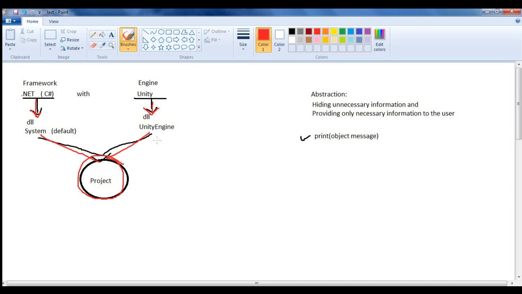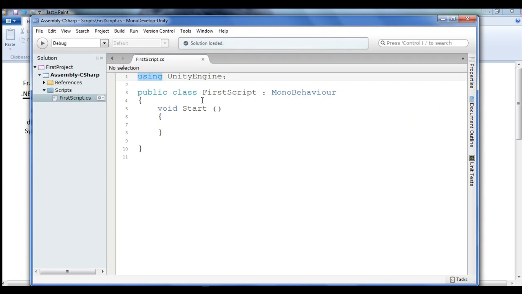And if you want to use any data structure from any specific namespace, then you have to use that namespace. How do you use that namespace? You write using, that specific namespace name, then a semicolon at the end. We know that the MonoBehaviour class and the Debug class are present in the UnityEngine namespace. If I want to use the MonoBehaviour class or Debug class, I must write at the top: using UnityEngine;